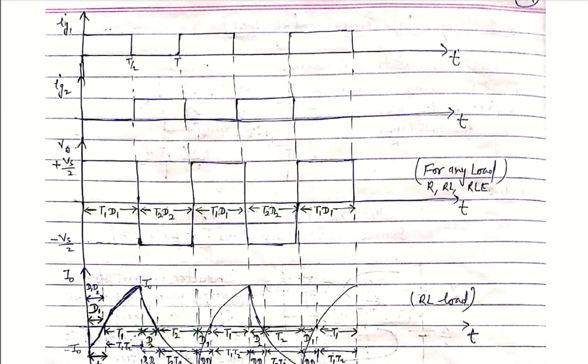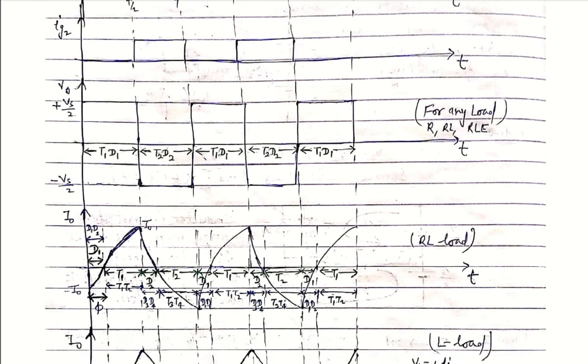Two gate pulses are given, Ig1 and Ig2. Ig1 is given for the T1, T2 case, and Ig2 is given for the T3, T4 case. With 4 thyristors, two gate pulses are required because two thyristors are conducting at a time. A single gate pulse is required for the conduction of the two thyristors. Now we come to the output voltage waveform across the load side. This voltage waveform is the same for any load, whether R, RL or L, because, as we saw in an earlier lecture, the voltage across the VSI is independent of the load, but the current depends upon the load.